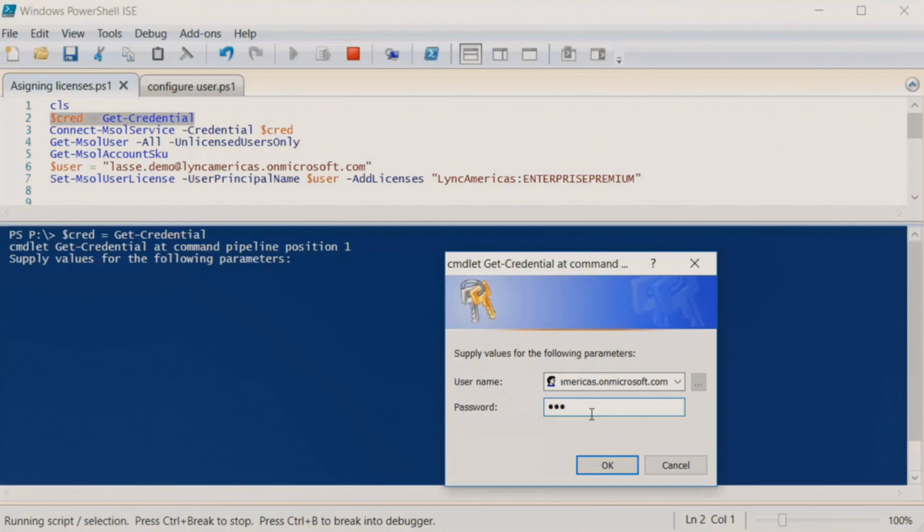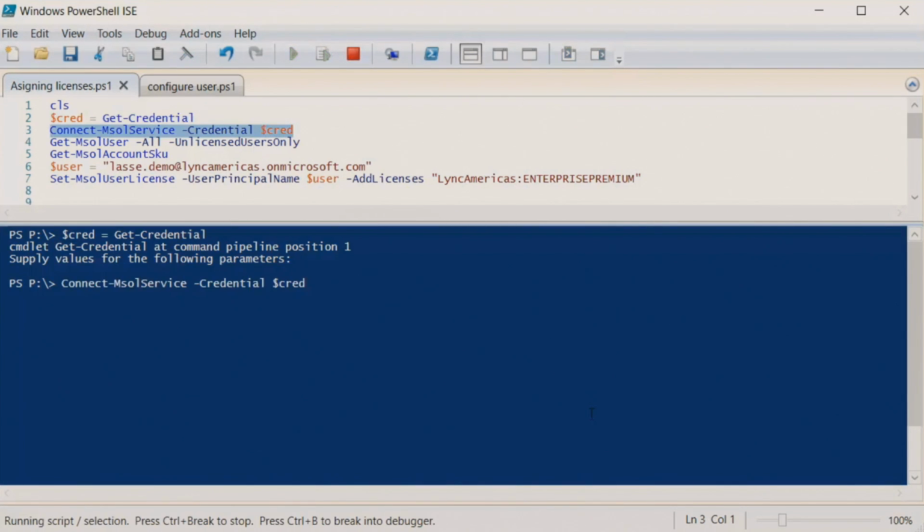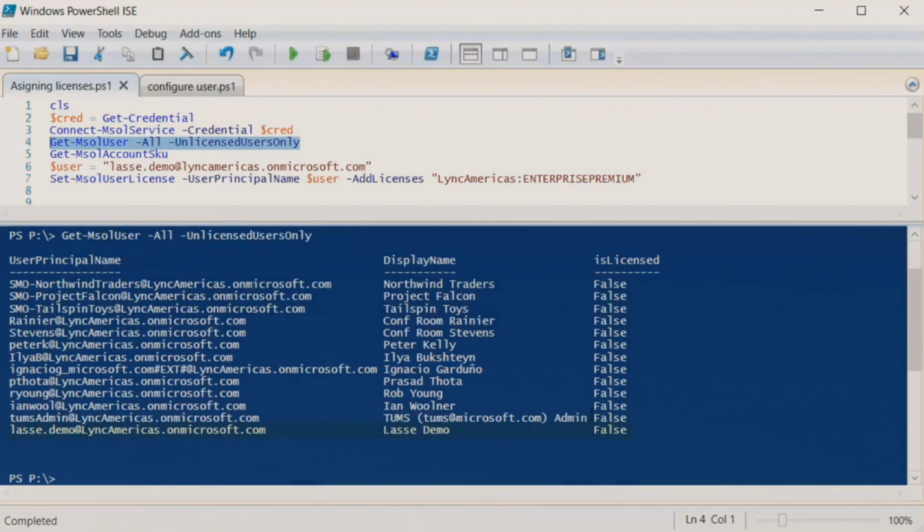And when that is done, we're going to grab all the users in my demo tenant that do not have a license assigned yet, just to show how you do it. Next, just going to let this go through. You see my user at the end here, Lasse demo, no licenses assigned. This is a simplification. The user could always have been assigned a different kind of license. Then we would have to search for users with that kind of license, or just search for the user.